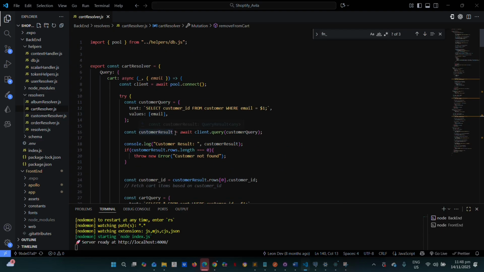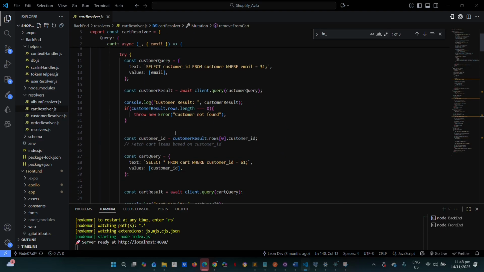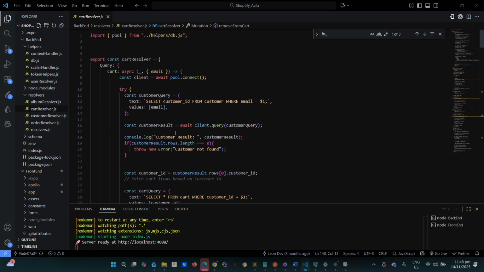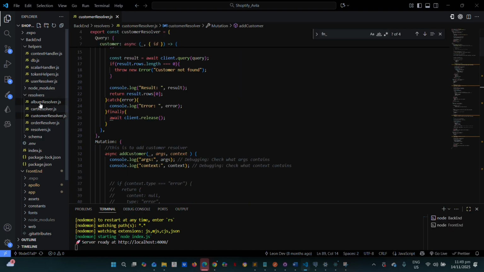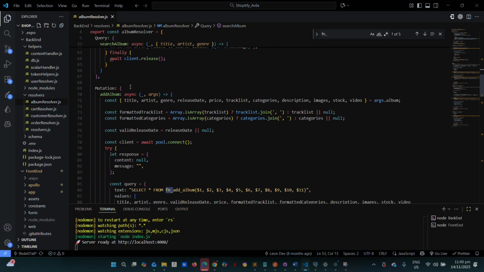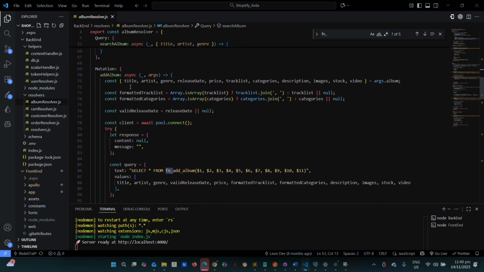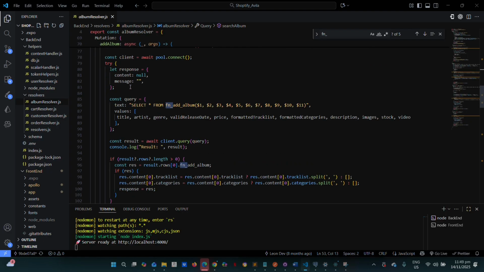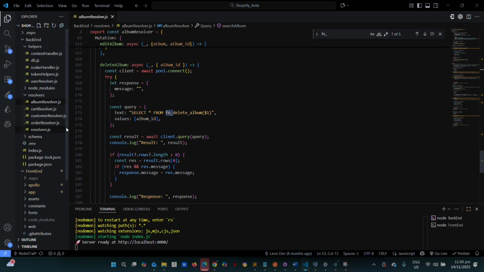In GraphQL, we need to code it here so that in Apollo we just have to operate our data or our functions. So we have query, which displays the data, finds or searches, while the mutation is the function behind every method that will manipulate the data, like to add an album, to edit, or to delete.